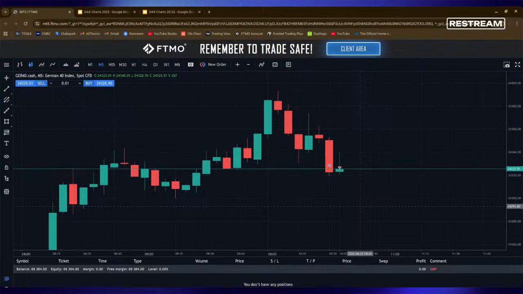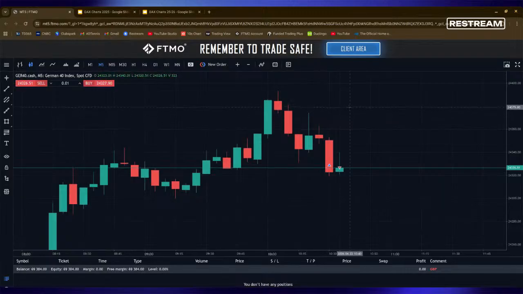So just to summarize, I did enter half size. The market did not feel right. I decided to close for break even. Now, if the market does end up coming back up and triggering along above, then that's a much better place for me to enter, because I feel like that would be the market proving itself to be